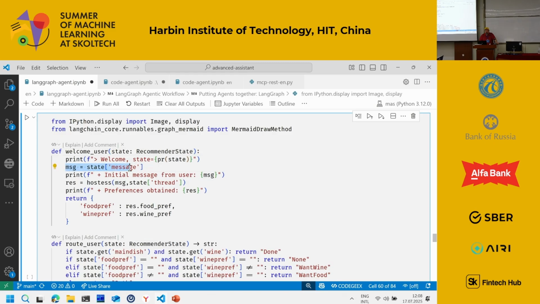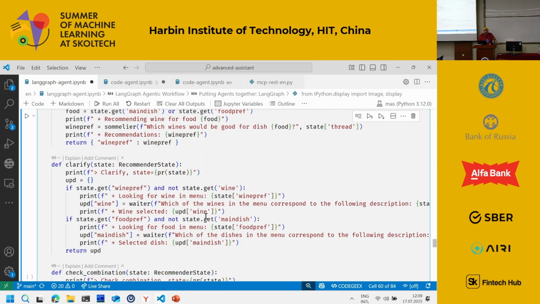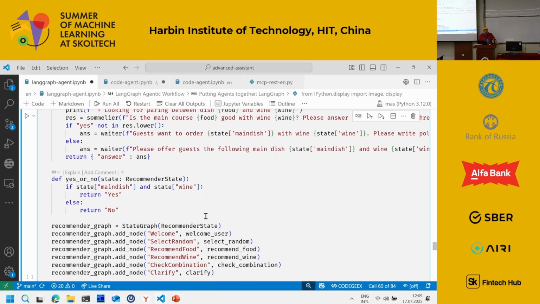I take the message from that state, I run the hostess agent to figure out the preferences, and I return those preferences as the update to the state. So this function should return the update to the state, not the new state, but the update. Why? The library has been designed in such a way. Then there are a lot of other functions for other parts of the graph as well.